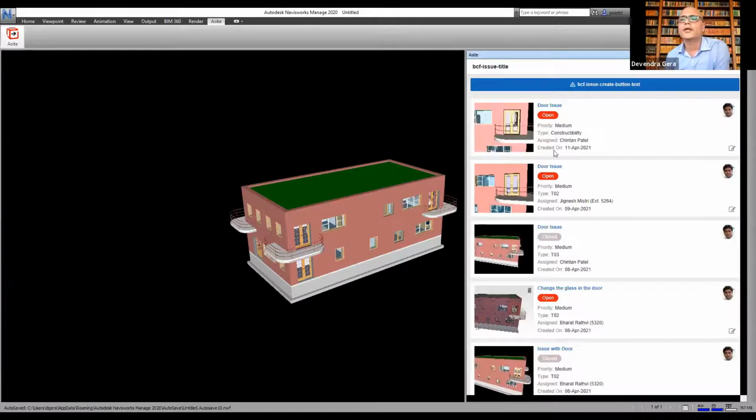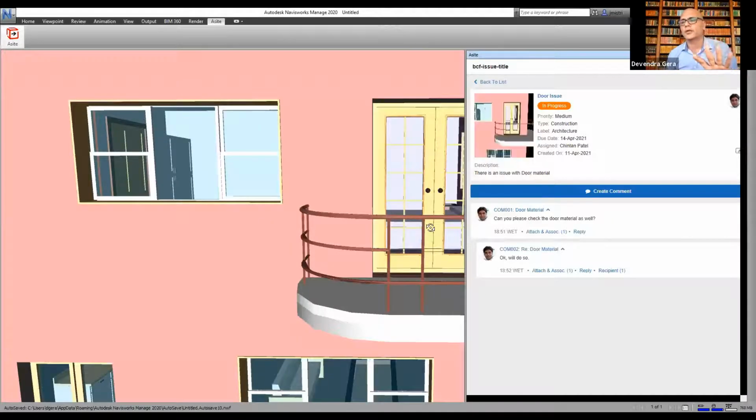So I can go into a particular issue. It will highlight the view which was captured when the issue was created, and I can create comments on that issue. I can run workflows, and those issues actually get created on the ASIGHT platform itself.